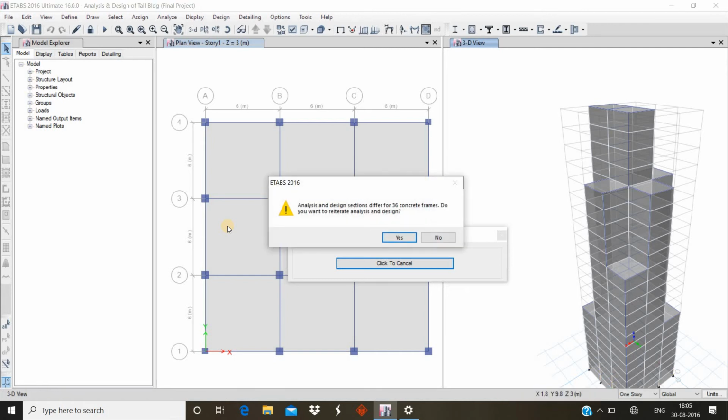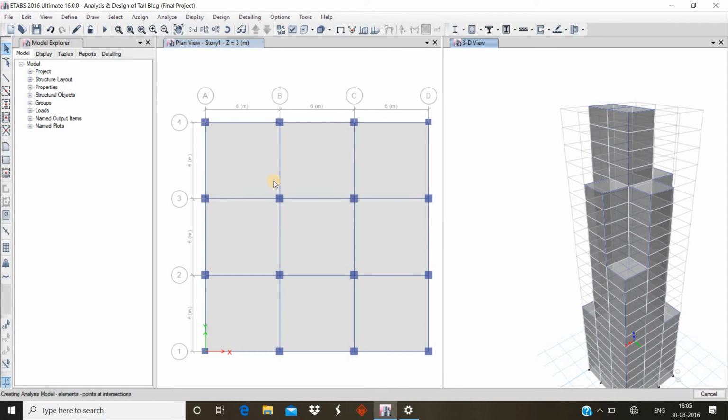Now the notification is already here. Just read the notification: analysis and design sections differ for 36 concrete frames. Do you want to reiterate analysis and design? It means 36 concrete frames have to be redesigned. Just click on yes and it will auto select the design.